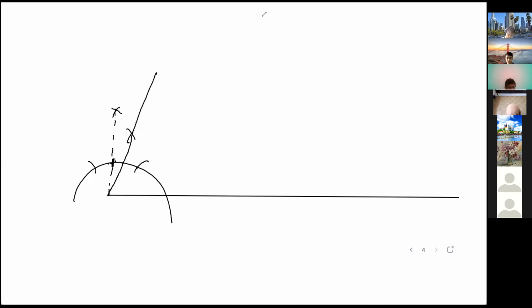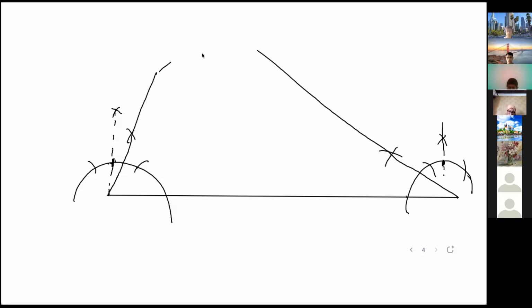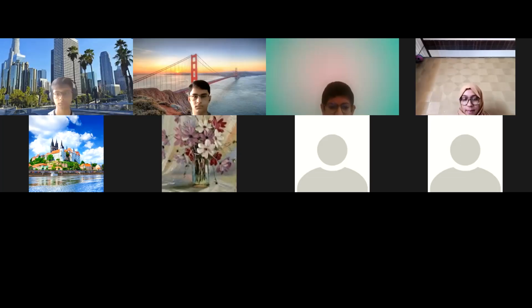And here 45 degree is asked. So the 45 degree has been told. Like this. One arc, two arc. Like this. And its bisector is 90, from here 1 and from here 1. Yeah. So it is 45. Joining both points of intersection, you will get the triangle. Okay. So this way we'll do the questions.